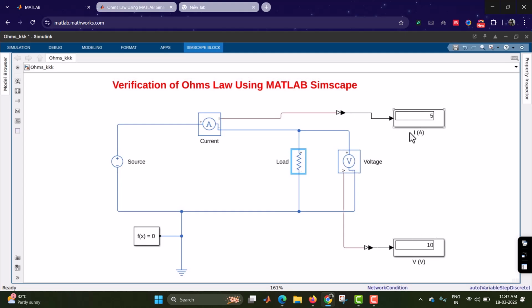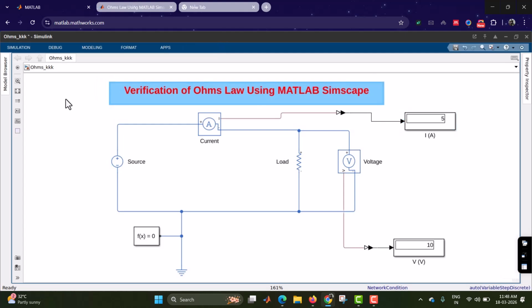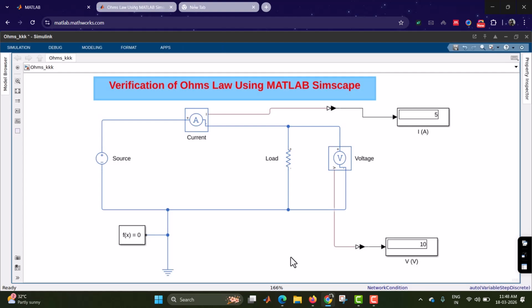Similarly, you can change the voltage and maintain the resistor as constant, and you can analyze the performance. The third one, you can change voltage as well as current simultaneously, and you can analyze the values of the current. This is how you have to construct as well as verify Ohm's law using MATLAB Simscape. Also, I have given this complete circuit in my file exchange